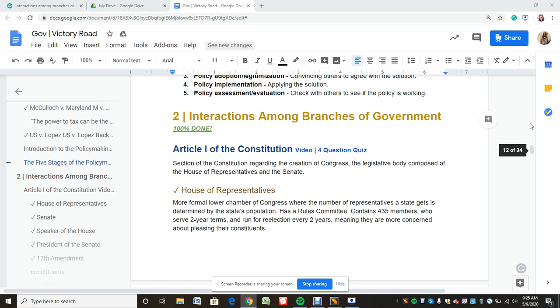So the legislative branch was established by Article 1 of the Constitution. All right. So, in this article, we get all of their powers and the requirements to be a senator or to be someone who is in the House of Representatives. So, to be a rep, you have to be at least 25 years of age and you have to have been a citizen for 7 years. And then, if you want to be a senator, you have to be at least 30 years of age and then have been a citizen for at least 9 years.